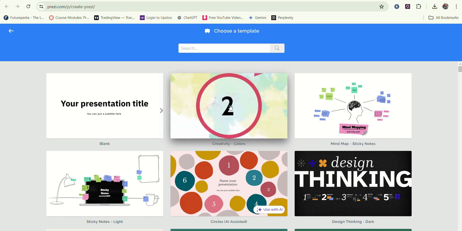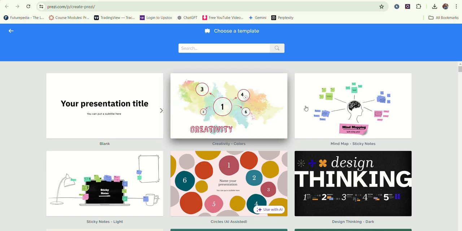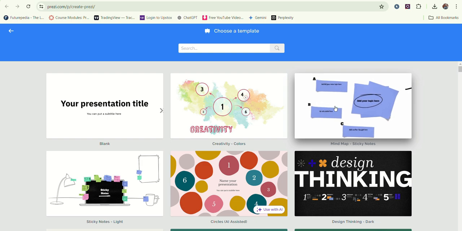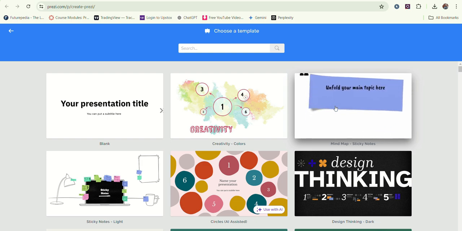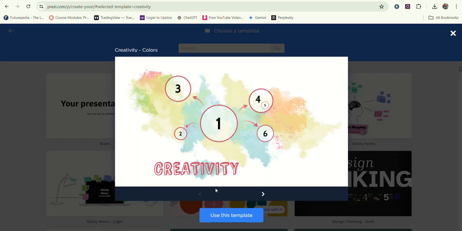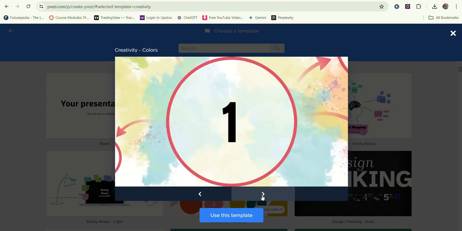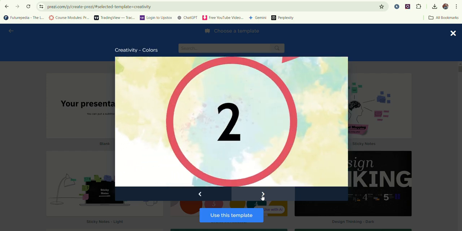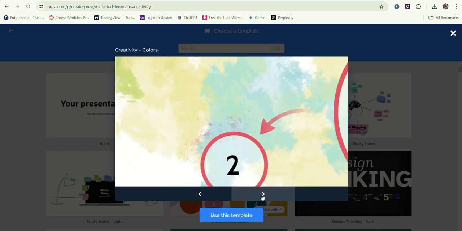I think this looks very nice. So let me click on this, and there are others too. You can explore and choose the one which you like. Okay, let's click on this. Now it's asking if you want to choose this template. You can see how this works. The animation in this canvas keeps moving around, which will